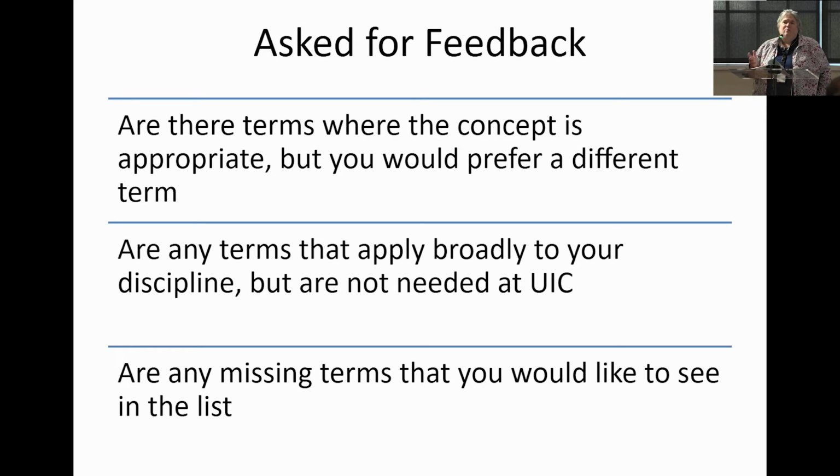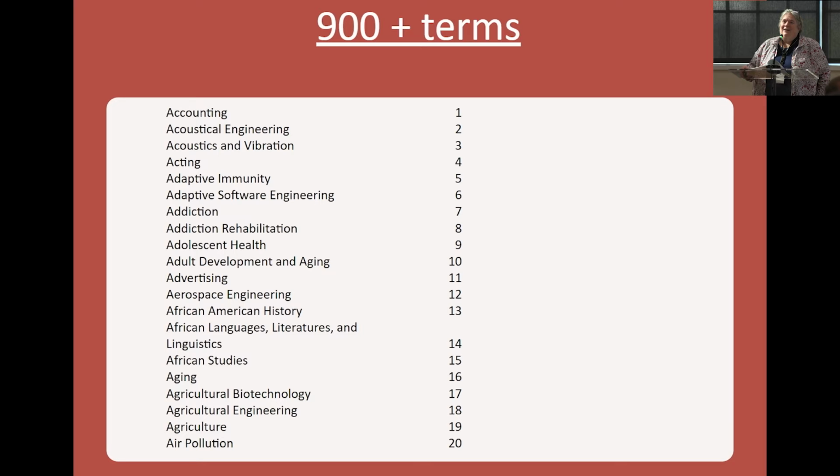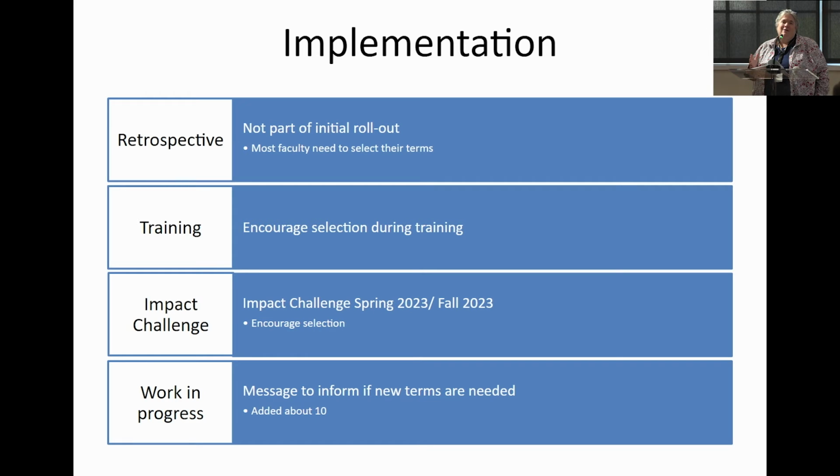Or are there terms that you see listed there that no one in your discipline would use because it's outside of the scope of the type of research done at UIC? Not surprisingly, not a lot of people got back to us, but some people did. So we did end up with a list of 900 terms